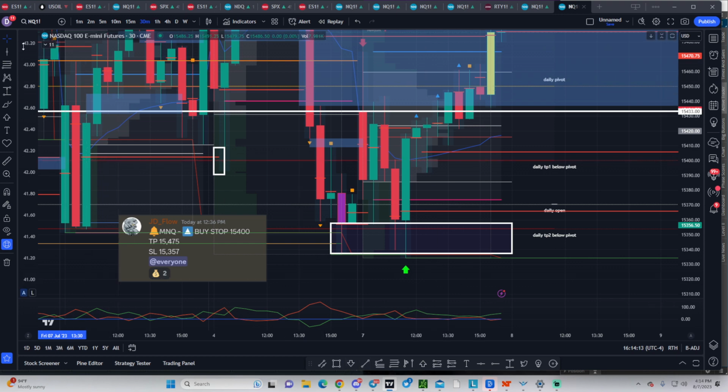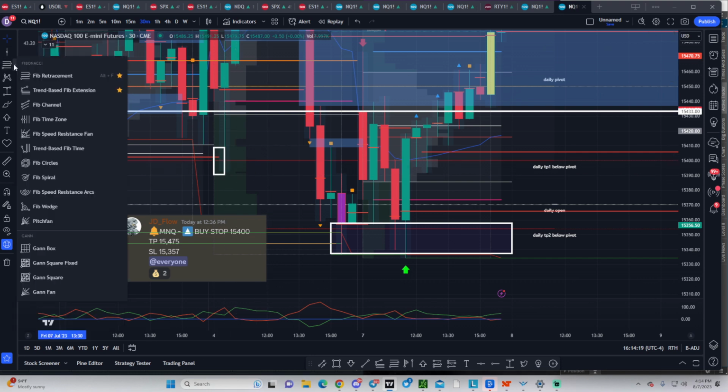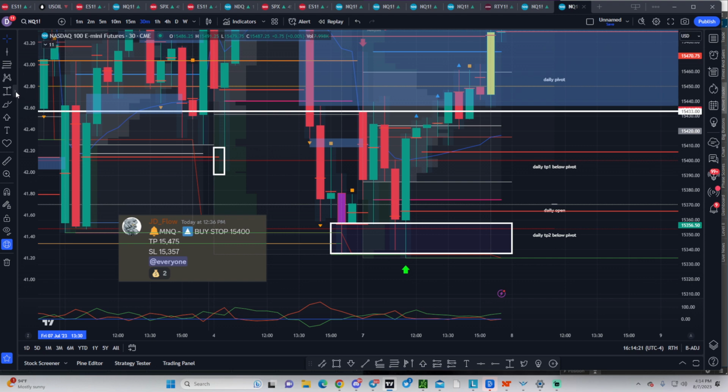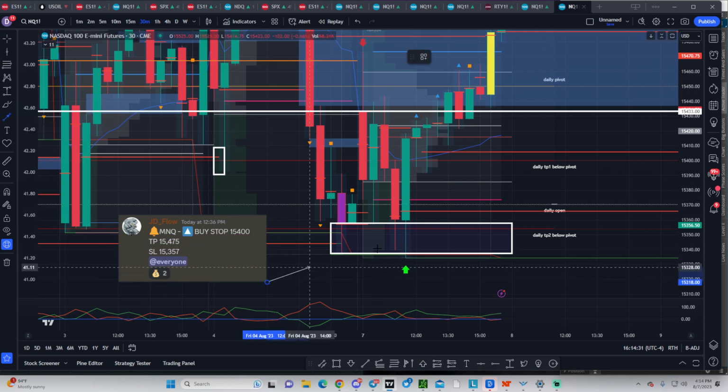12:36. Let me see if I can find the arrow here. Where's the arrow? I don't know where the arrow is. I think I have an arrow here somewhere. Oh no, it doesn't matter to me. Oh yeah, I see it right here. Arrow. So this was right here,